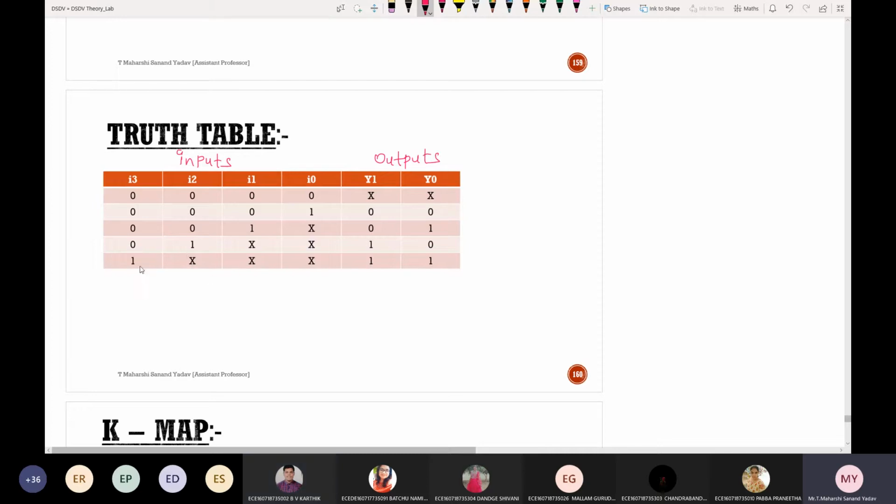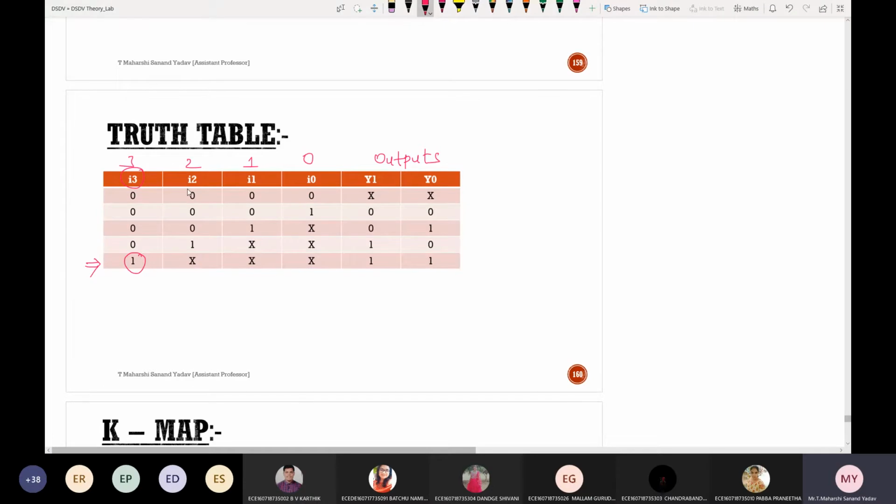Now observe this one. I'm coming from the last part. If I3 is equal to 1, there is no need to check for these conditions, so I'm treating them as don't care. For priority, I'm assigning a value of 3 to I3, 2 to this, 1 to this, and 0 to this. Whenever I3 is high, there is no need of checking for the lower conditions.